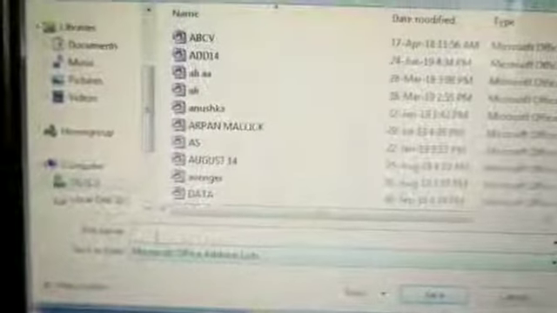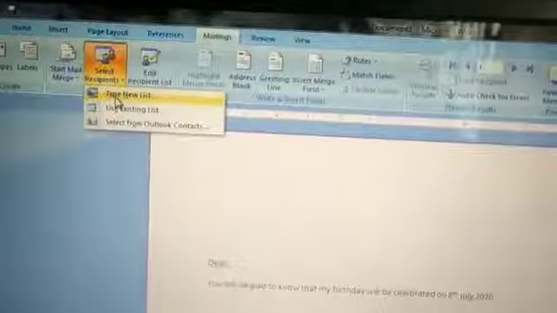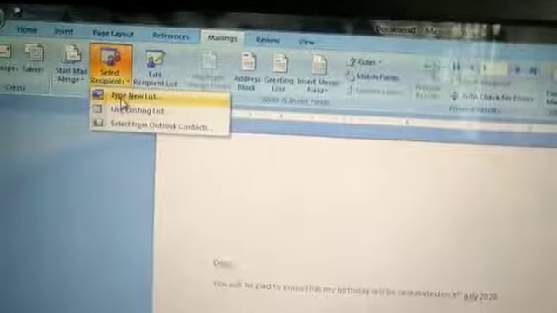When you click OK, the same procedure follows. See, there are different already existing lists coming, but here we are creating a new one. So in the file name section you have to give a new name. I am giving add_p, so I can identify my file. In this way, using the Select Recipients option, we can select either Use Existing List or Type New List. Okay, so we have clicked on Type New List.